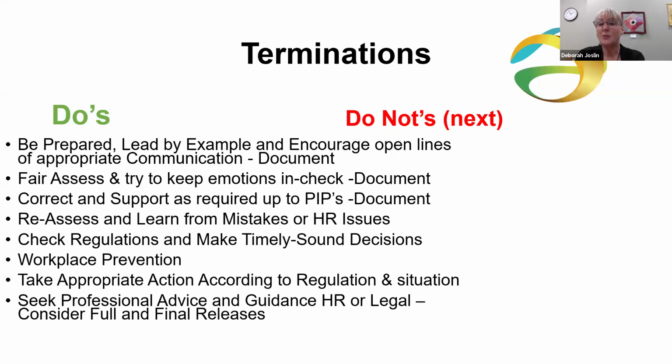The situation may be that the person's in their 3-month probation. You can terminate an employee in the first 3 months of their probation without notice, without a reason. It's like the getting to know you period. And they can also leave with the same thing. Maybe it's not for them as well. Once you reach 3 months and 1 day, that probation period has ended. And then you look at 3 months and 1 day to 1 year, then 1 year to 2, 2 to 3, and so on, right up to those employees that may be employed for many years. And there are rules and regulations around what's required for termination, severance, the process, and so on.